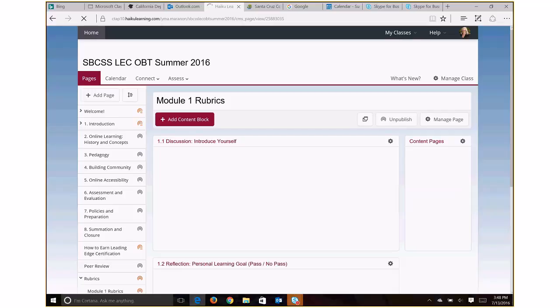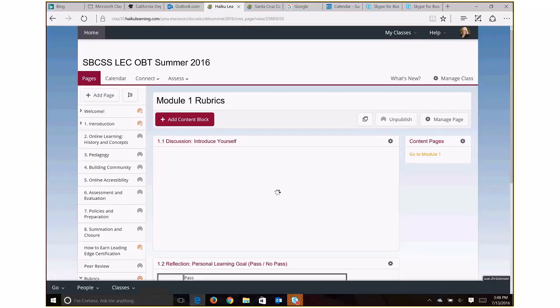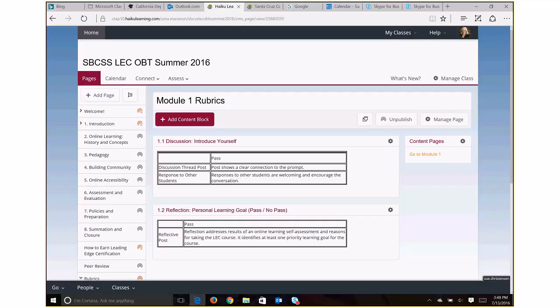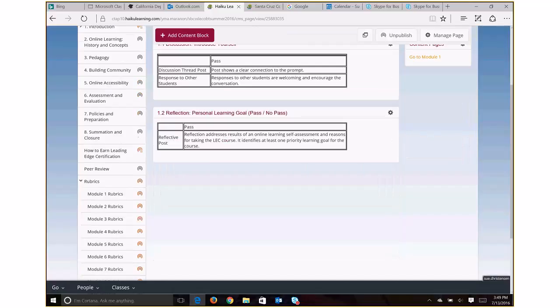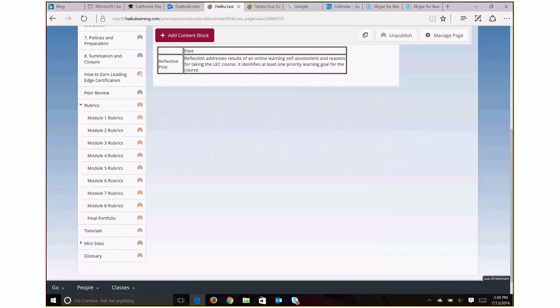This class is based on competency grading. You will not get a letter grade. You'll get a pass or a no pass. And so it's really important that you get a pass. If you don't get a pass, you'll be given the opportunity to redo or correct and resubmit again until you've got it right. So we're really all about making sure you know how to do everything in this course. So that is not going to be difficult, but don't be dismayed if you get a no pass.